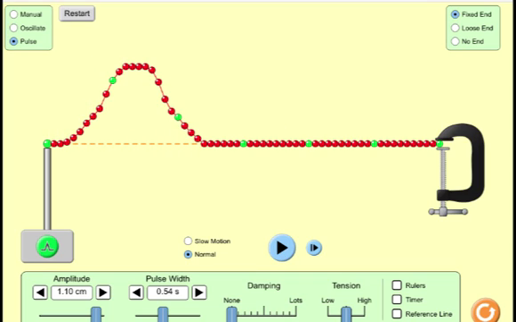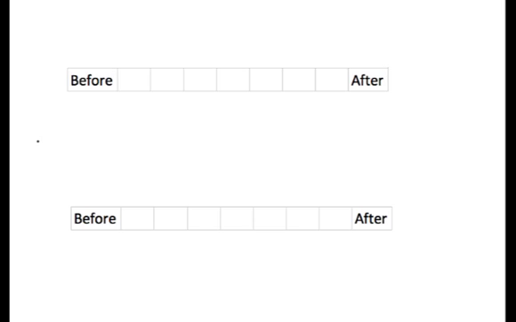Okay, so let's go ahead and draw these two scenarios as well. Okay, so the first type of reflection that we went over just now was fixed end reflection, where the end that the pulse is traveling toward is not allowed to move free, so we're just going to draw it as a solid circle. The pulse was sent down, let's say, above the line of equilibrium to the right. When it interacts with this fixed end, it's going to return on the opposite side of equilibrium, so on the left,